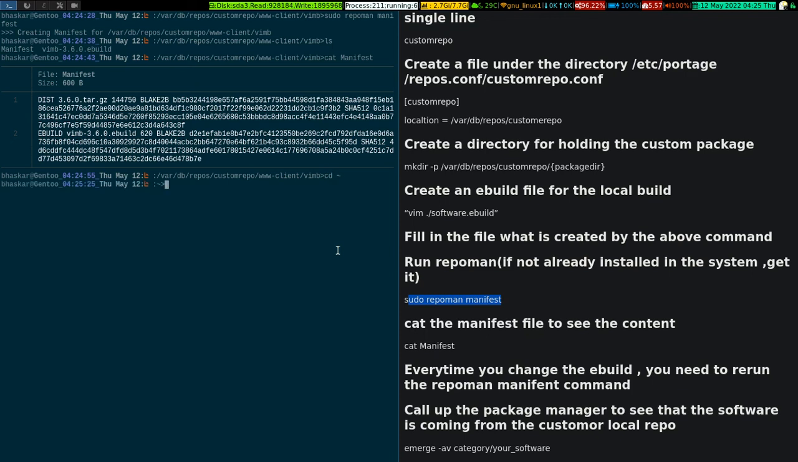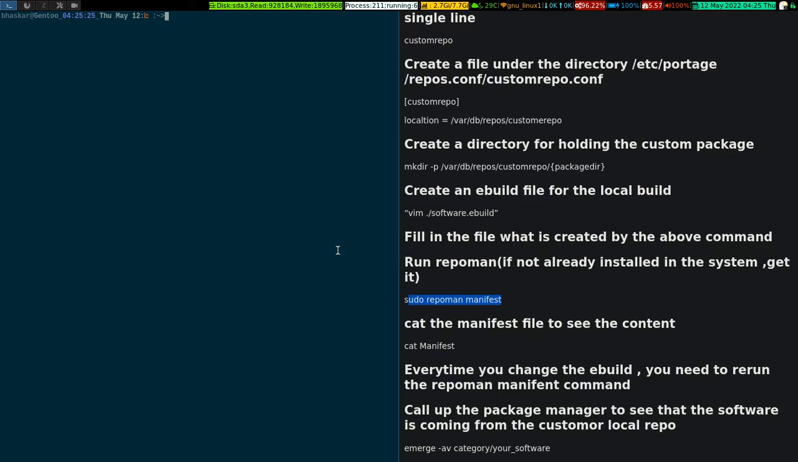So we have done our work. Now if I run sudo emerge -av www-client/vimb, and we make sure we get it from the custom repo. You see what I have typed? I have typed double colon, then the custom repo name. It is not required, but I make it explicit that it should come from there. Okay? So if I press enter,